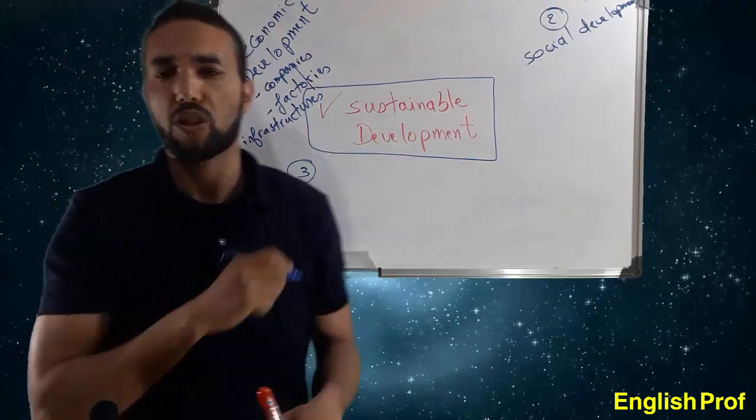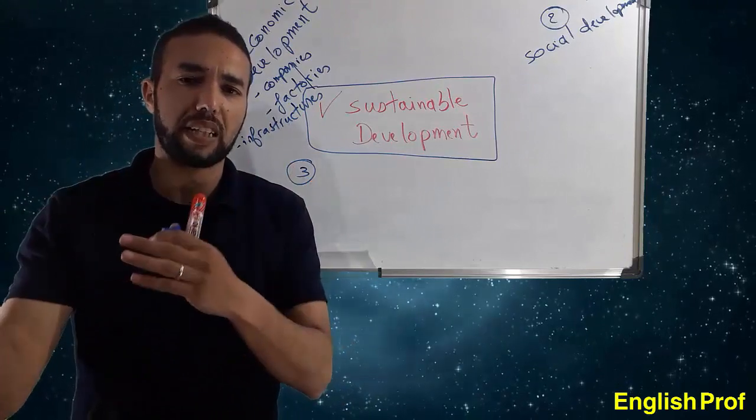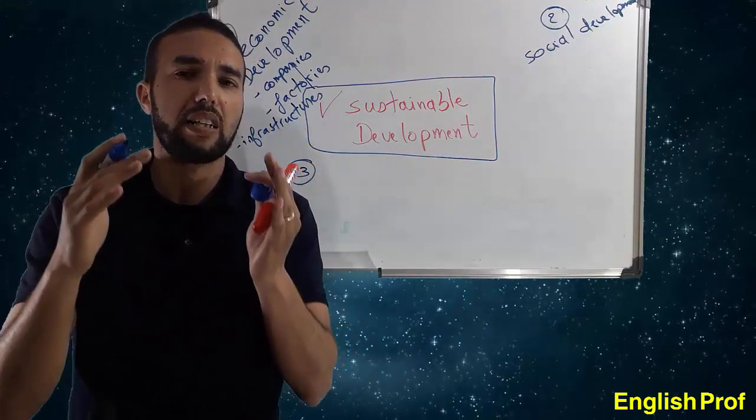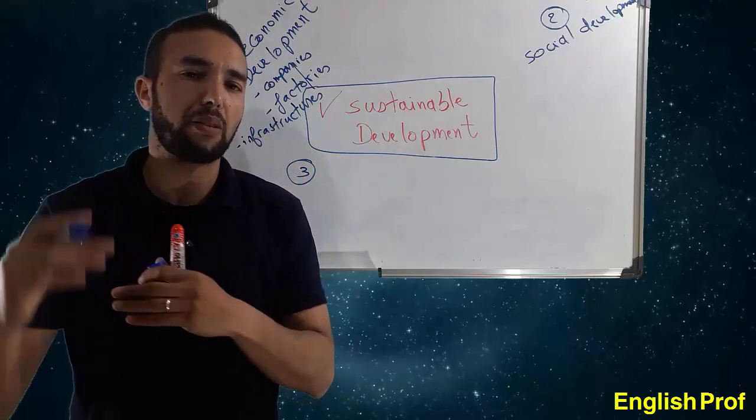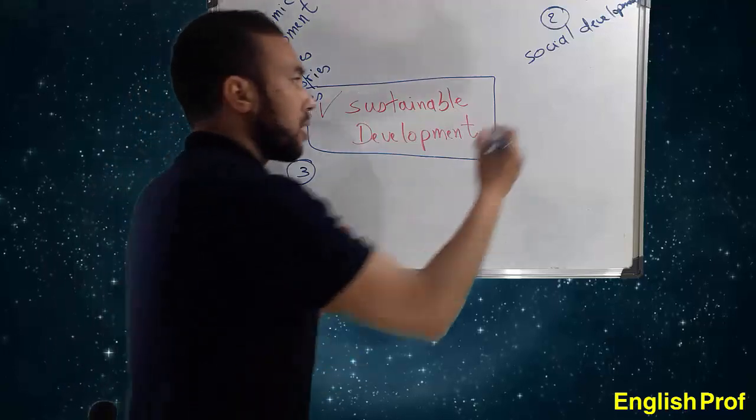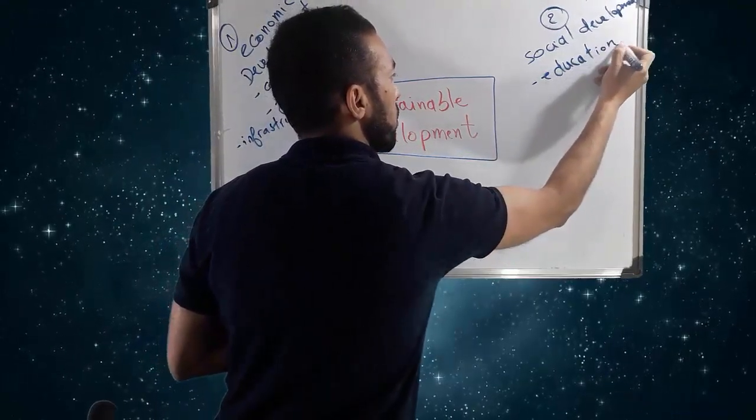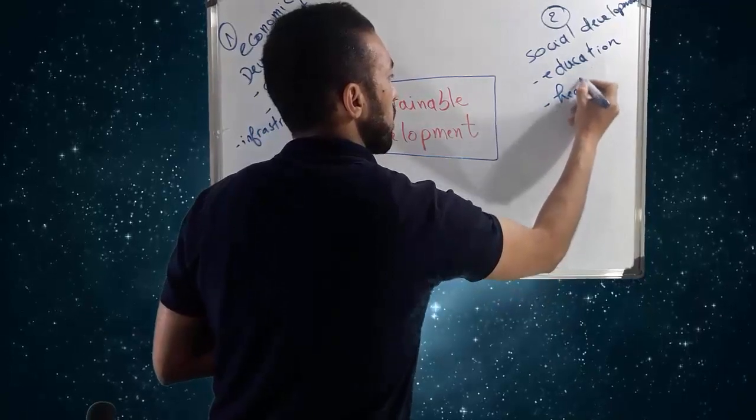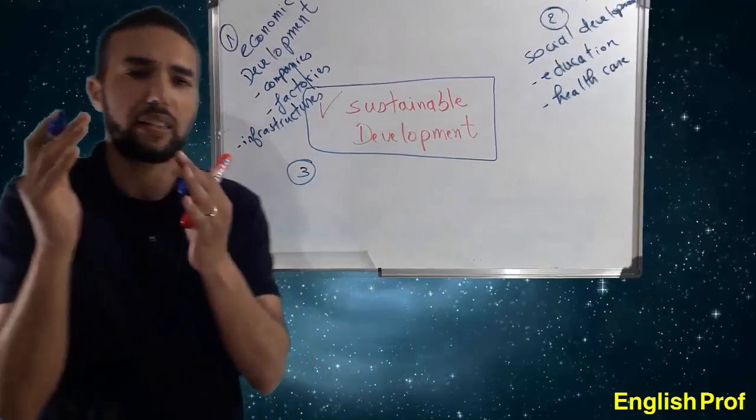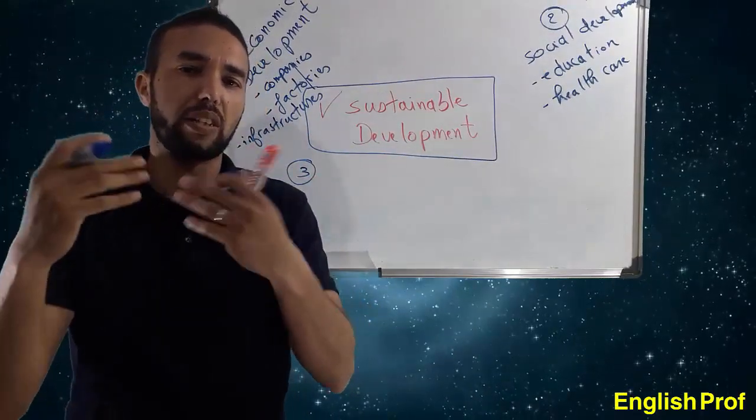But what about social development? Social means from society. Here we are talking more about what people care about. It's more about education and healthcare, for example. You cannot say I have a good and strong economy,